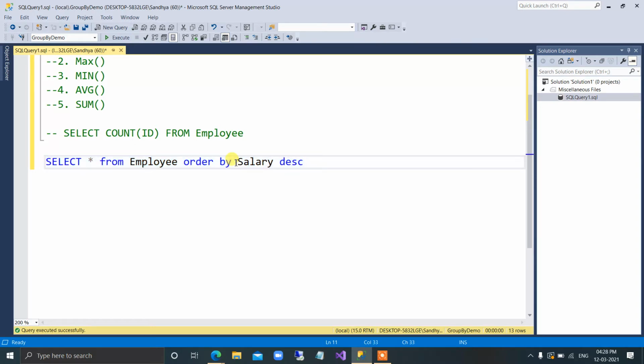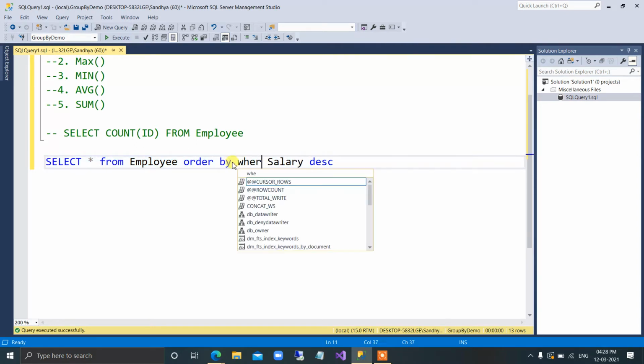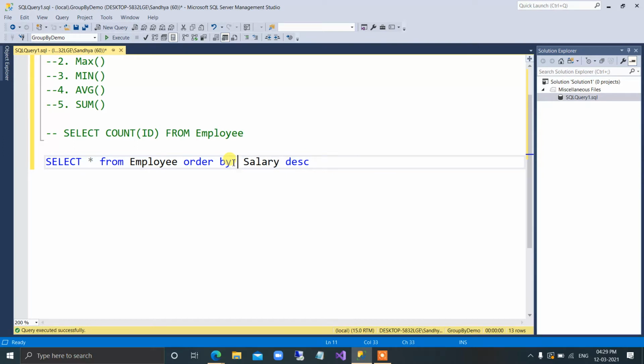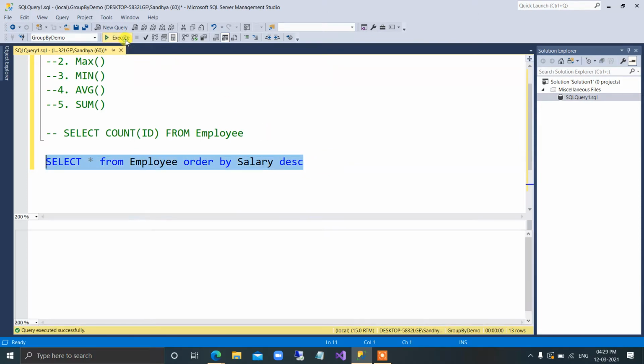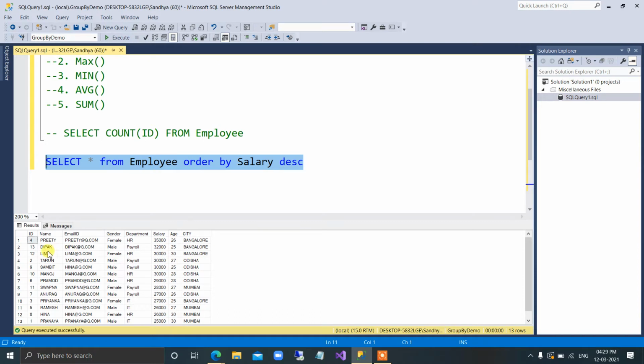Okay. Can you finish the query? Where equal to column. No. Let me rephrase my question. The question is, suppose you got total number of records. The first record is the record which is having the highest salary. First record is a record or row which is having the highest salary. Now the question is, I am getting all 13 records, right? So what can I use so that I can get only one record with the highest salary?